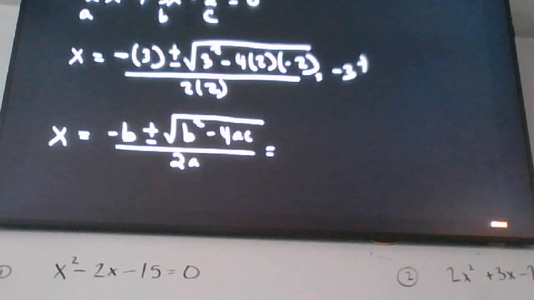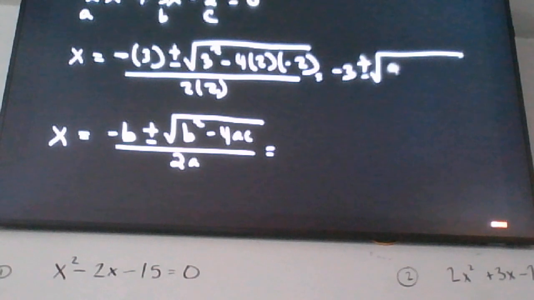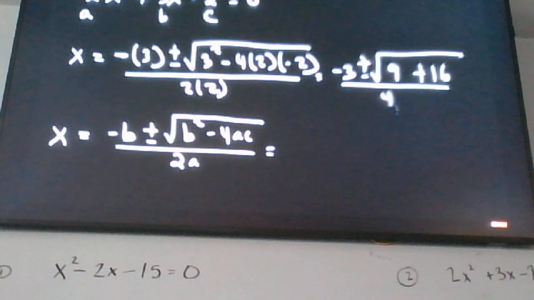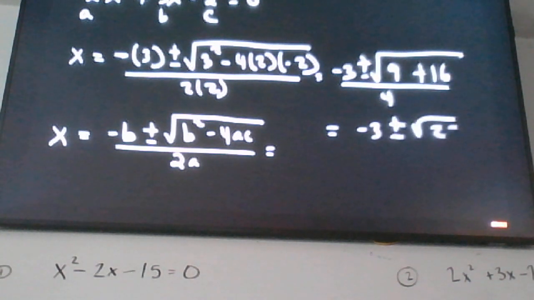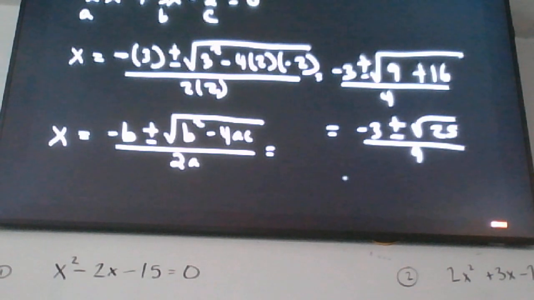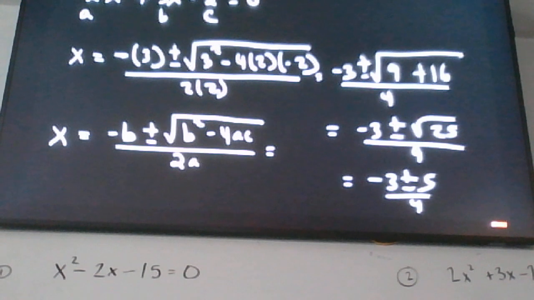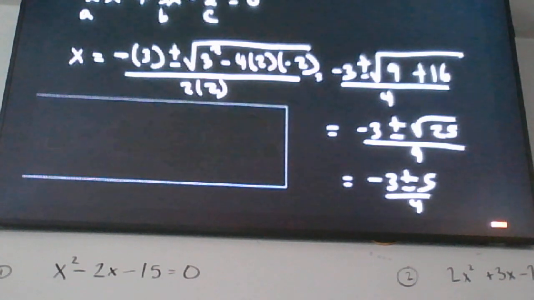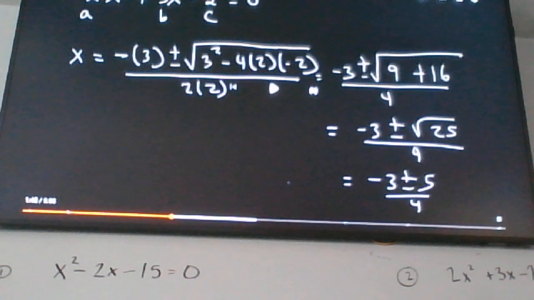So we have negative 3 plus or minus the square root. 3 squared is 9. Negative 4 times 2 is negative 8, and negative 8 times negative 2 is positive 16. On the bottom, we have 2 times 2, which is 4. Now, 9 plus 16 is 25, and the square root of 25 is 5. So right now, that's what we have. Notice the plus and